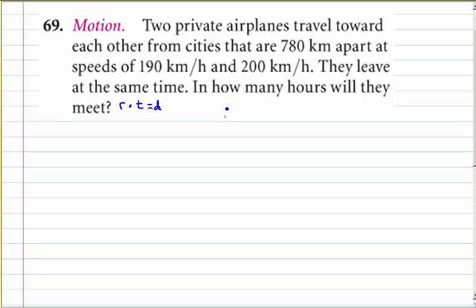So here we have one city, and then we go over here to the next city, and we know the distance between these is 780 kilometers. And we have two airplanes traveling toward each other. So one is going to be traveling this way, the other is going to be traveling this way, and they're going to meet somewhere in here. What we know when they meet is their combined distances is going to be that 780 kilometers, so that's probably